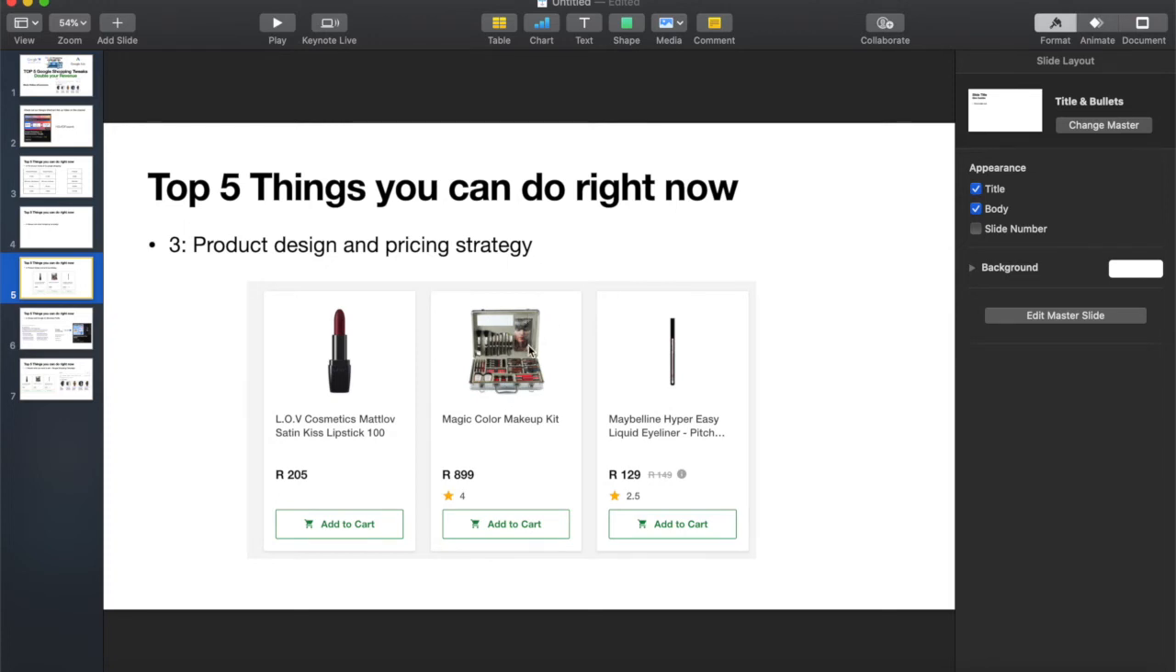But the problem is, if I have a store and I only have one item for 900 rands, the magic color kit, no one is going to buy it, because first of all, people are going to say, but why are you only selling one item in the store? And why is it so expensive, right? So what do I do? I fill the store with other things that complement that thing,